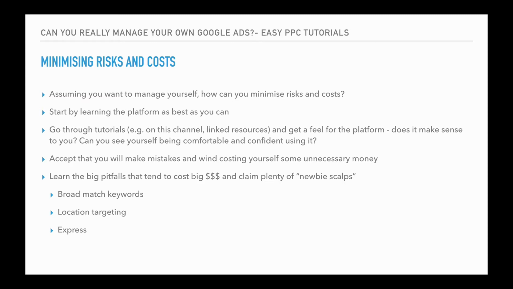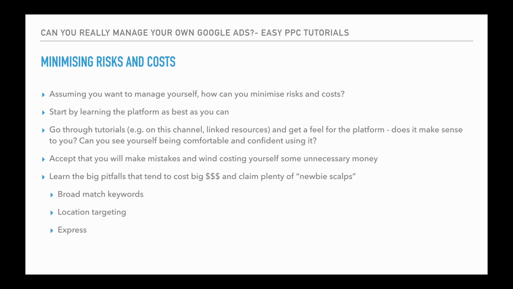You need to be aware of location targeting. This always gets newbie DIY advertisers confused, so people will select the wrong location targeting setting. A classic example will be advertising to people not only in your target location, but people who are showing interest in your target location. So let's say, to use that example from earlier, you're a Dunedin plumber, and you accidentally set your location targeting to be showing ads to people in Dunedin and people showing interest in Dunedin, and then